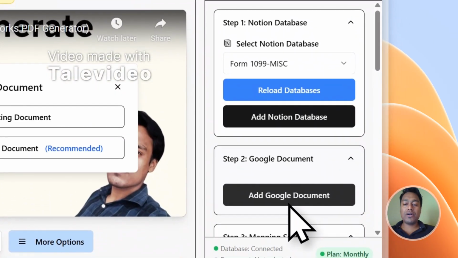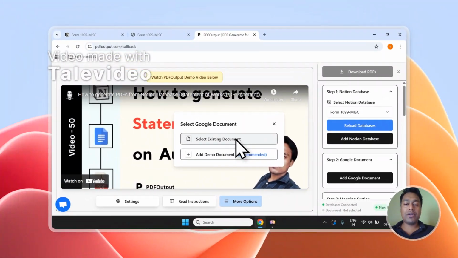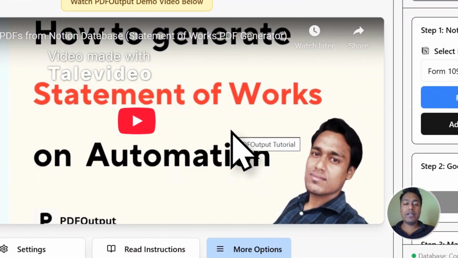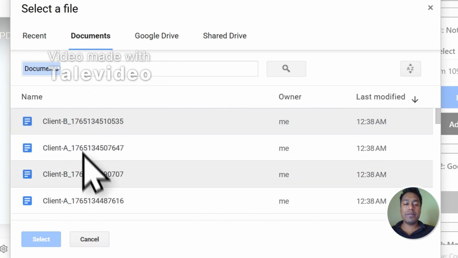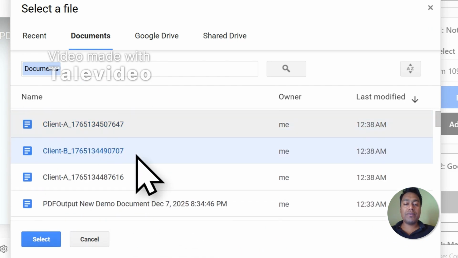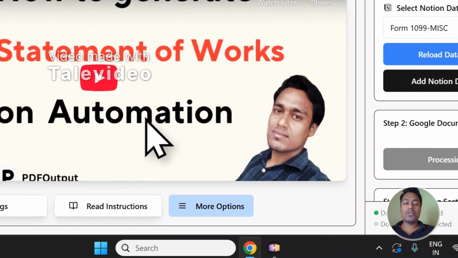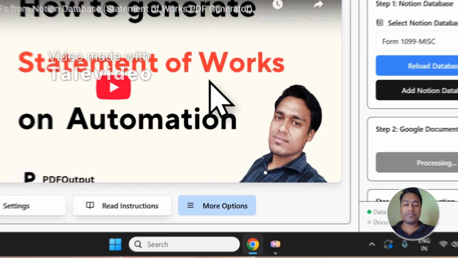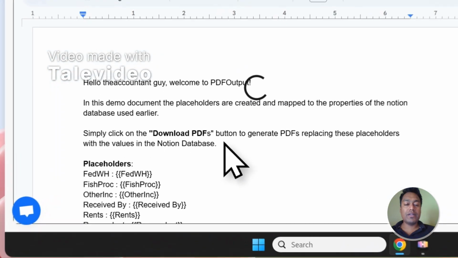I will just click on add Google document. If you already have any existing template file available for the particular form, you can go with an existing document and choose the document available on your drive, which will be used to create the PDFs. I don't have any existing document available, so instead I will go with a demo document which I can use to automate this process. So if you click on the demo document, it will instantly create a new document